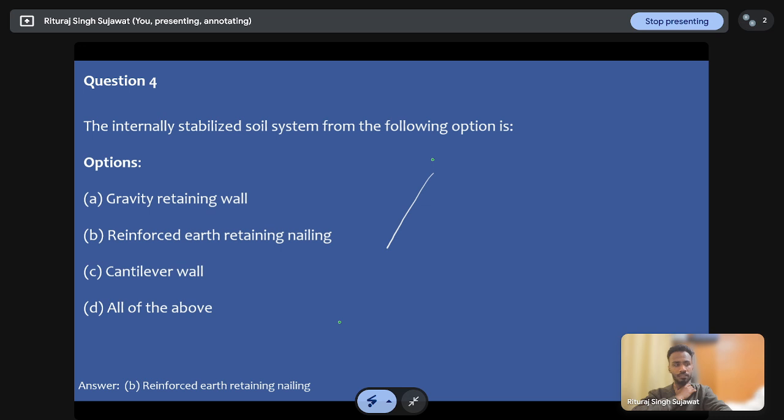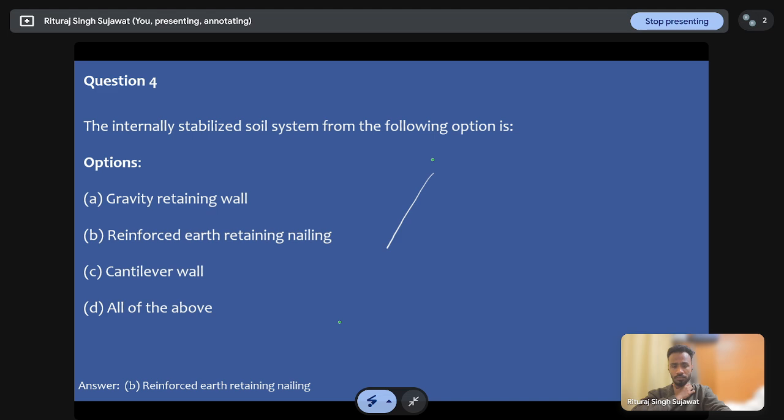While with the cantilever wall, it is basically the hang length available for the cantilever. But for the reinforced earth retaining wall, it basically utilizes the nailing system, which is connected to the gravity wall,